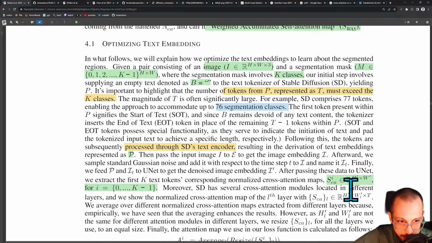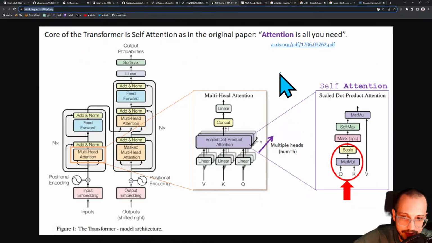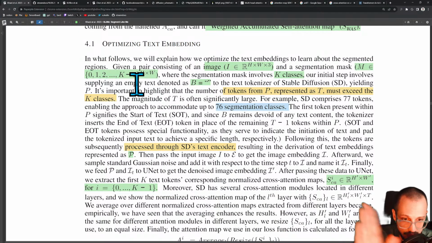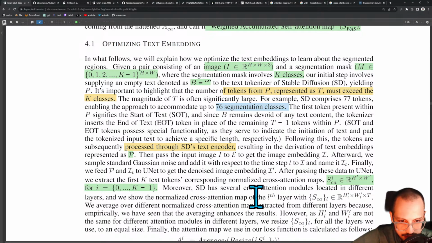SD has several cross-attention modules located in different layers. So here they're referring to the fact that you have different cross-attention modules. Here in this figure, the text is being given into 4 separate cross-attention modules, right? And they're at different layers within this UNet. And we show that the normalized cross-attention map at the Lth layer with SCAL, and this should be SICAL, which